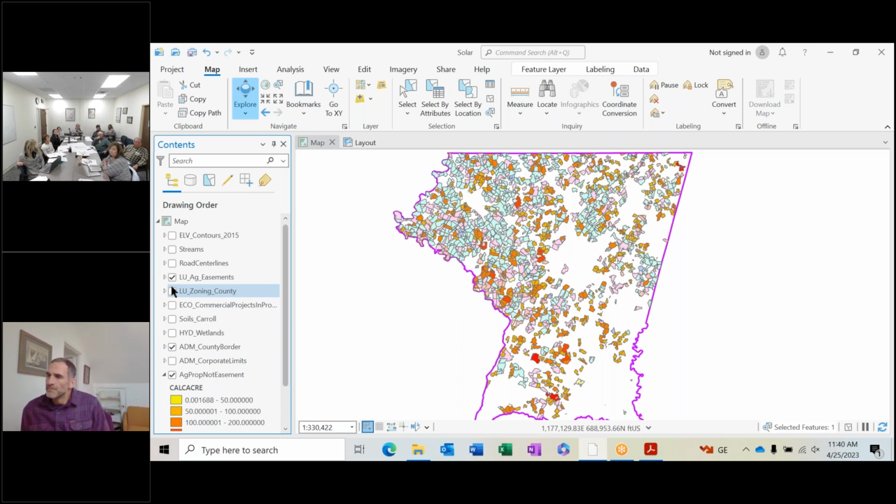And not to muddy things even more, but you also should take into consideration common ownership, right? Somebody might have 2 parcels next to each other that are both less than 50 acres, but they might combine them to do a project. So these are not absolute numbers. These are very much generalizations.